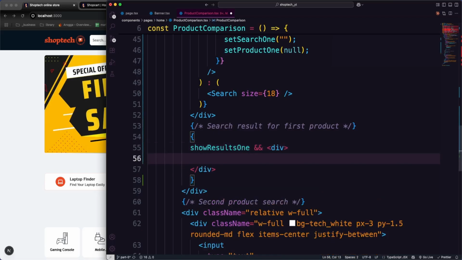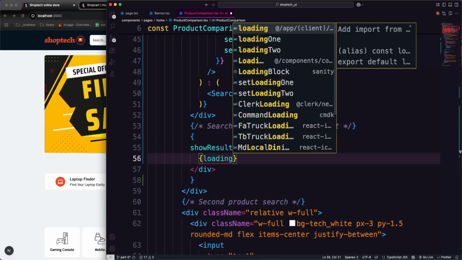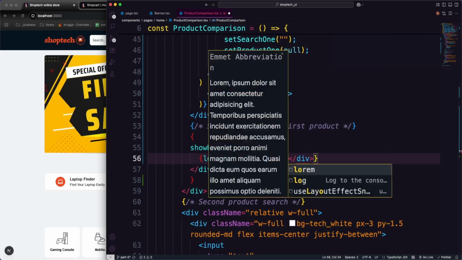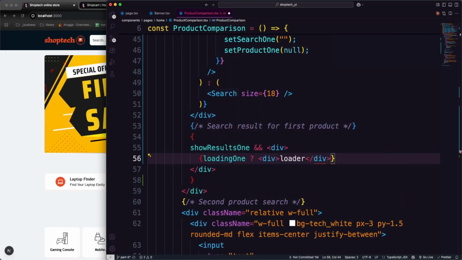So I'm going to make a div, and if loading 1 is running, meaning the product loading time is going on, then we simply show a div with the loader. And below that, if nothing else applies, I'm going to show another div which says, let's say,